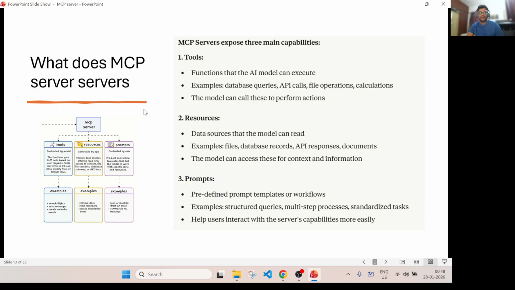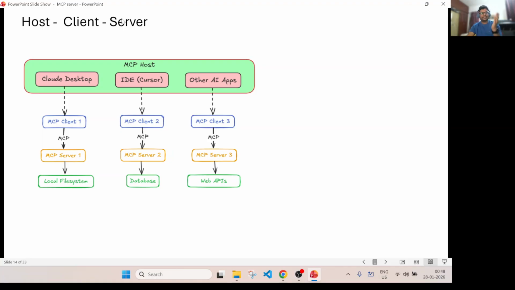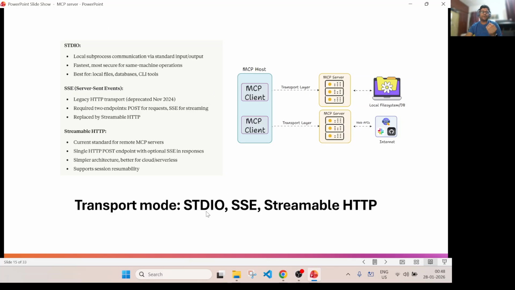So now we understood three things. We understood what an MCP server serves. Now we understood how client and server connect. So now let's talk about actually how they connect. How does the communication happen? It's like your client is there, your server is there, so now they are talking. How will they talk? So that's where the protocol transport layer comes in. So there are three